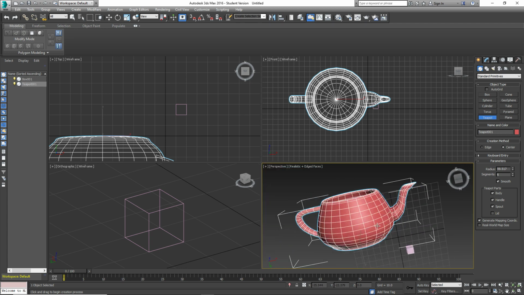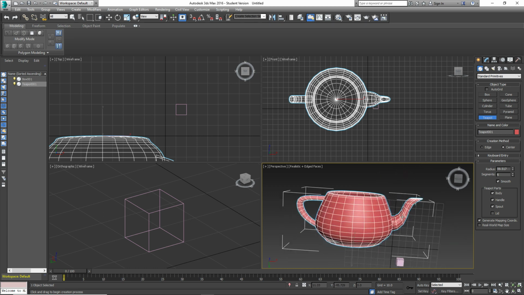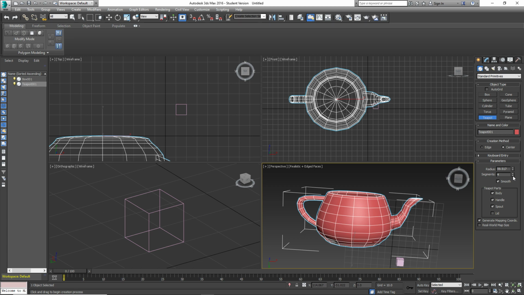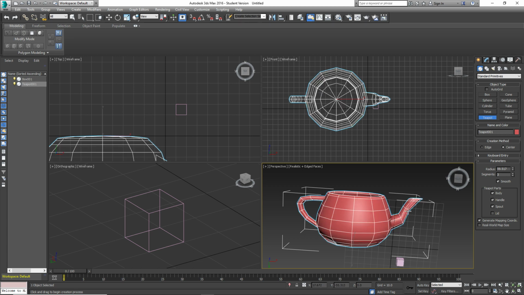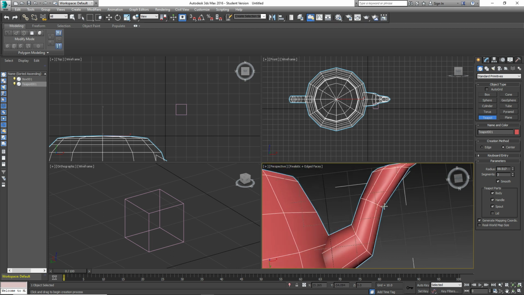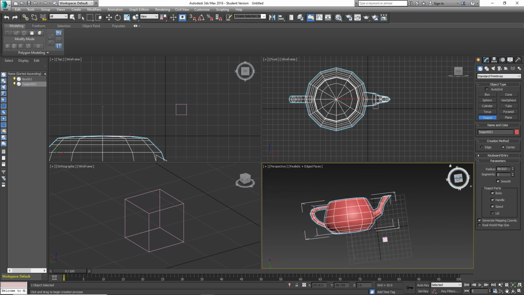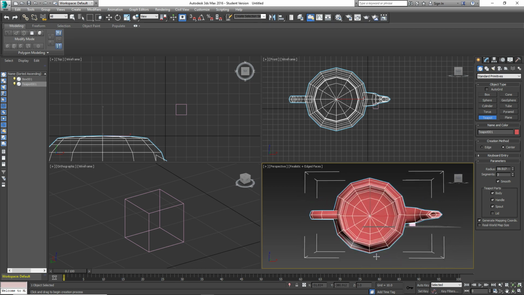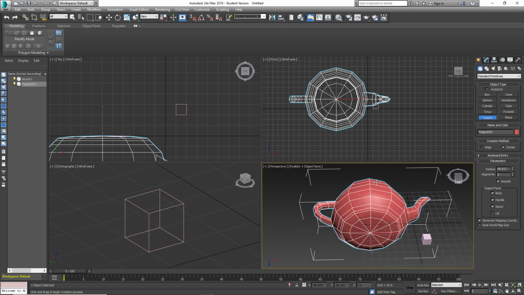So if you wanted to have a damn teapot in Grand Theft Auto, to replace, say, a coffee pot with a teapot, then you'd bring it down, and being an object that you can't even use in the game, it'd be fairly low poly. Now you can fix little things like this little pinch it has here. That's easy. But for the most part, you want to aim to have a low poly object, and you don't want it to be too low. You want it low enough that the game can handle it,